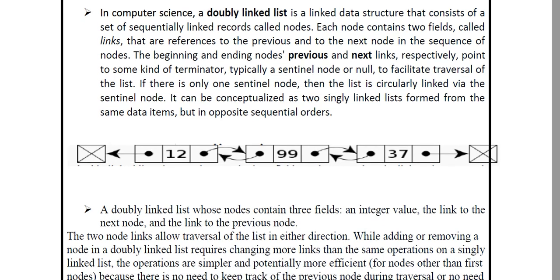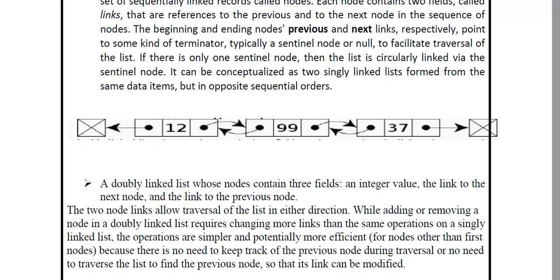While adding or removing a node in a doubly linked list requires changing more links than the same operations on a singly linked list, that means the number of pointer exchange operations required is more compared to the singly linked list. The operations are simpler and potentially more efficient for nodes other than the first node, because there is no need